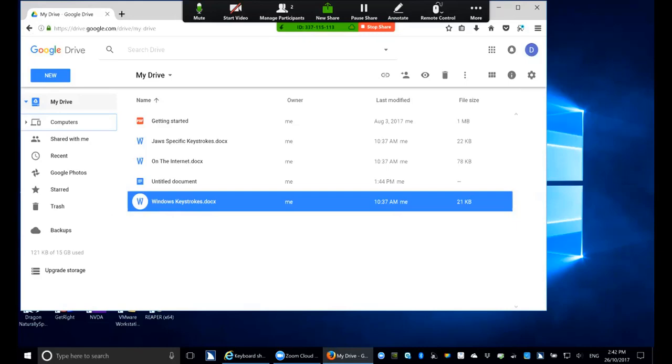Computers. Closed. Shared with me. Recent. Google Photos. All of these are just folders that you can easily get to. Trash. Backups. So you've got backups, all of that sort of stuff. Home. Trash. I want to get back up to the top, just to where My Drive is. No problems, that's done. So you can get to that from anywhere in this interface, and you need to have